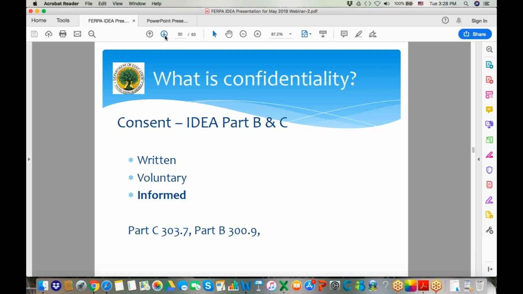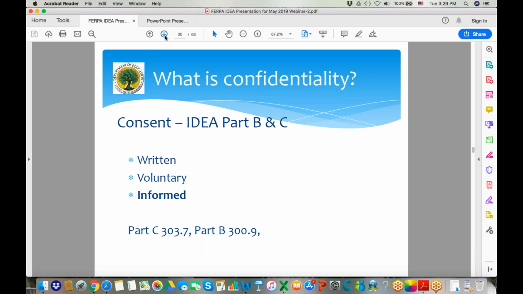The emphasis under IDEA on the definition of consent is that it not just be written, it also be voluntary and informed. So if there are questions from a parent about the meaning of what they're consenting to, and if the document itself is very unclear about what they're consenting to, and this is the same definition that applies to consent for services as it would to the consent to disclose personally identifiable information, then an oral explanation or other explanation should be provided in the document. We have had questions come up in this area as well.